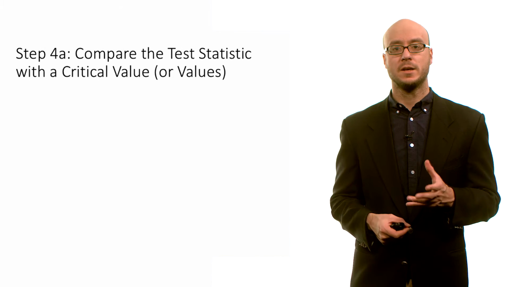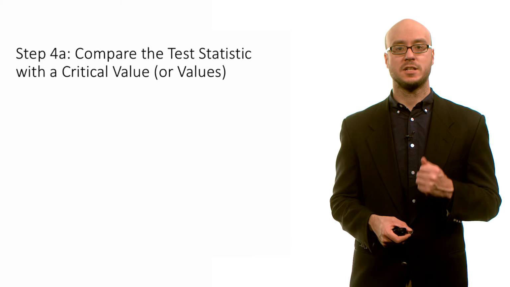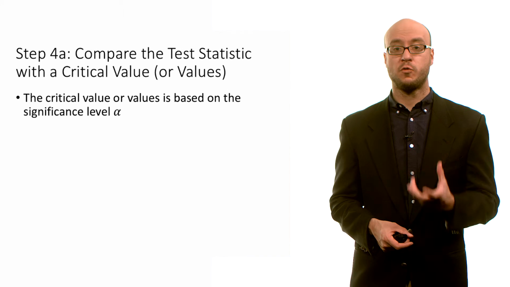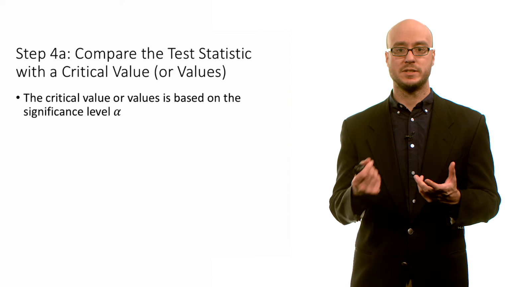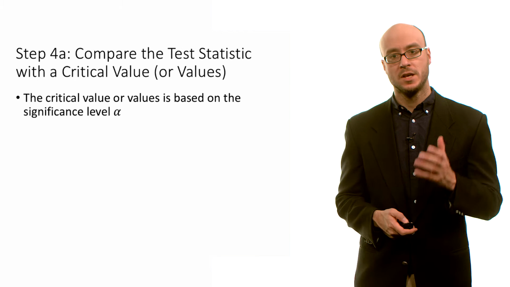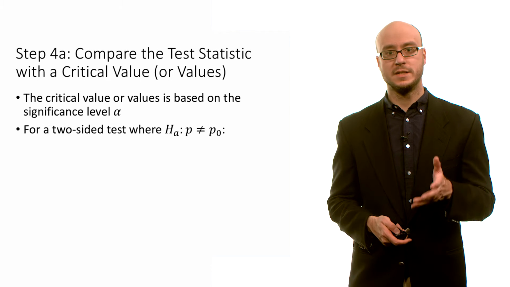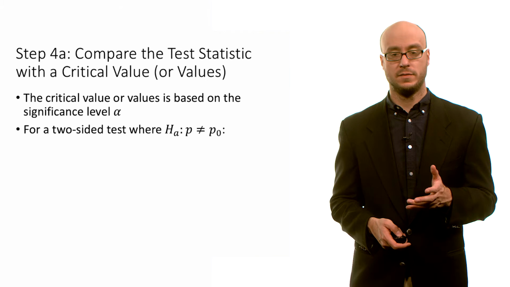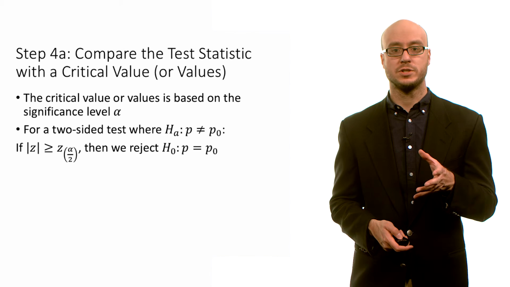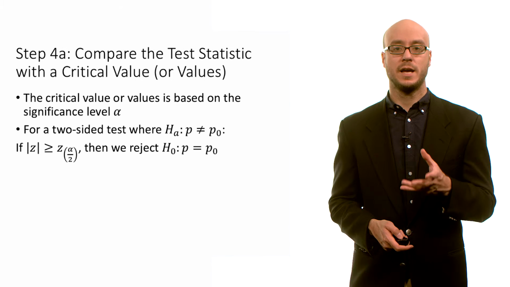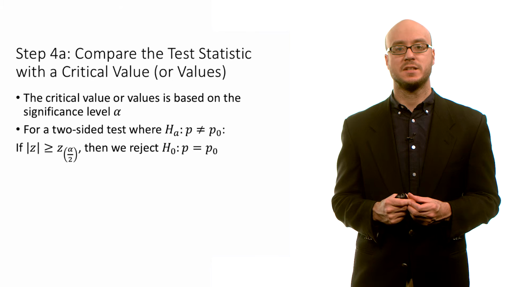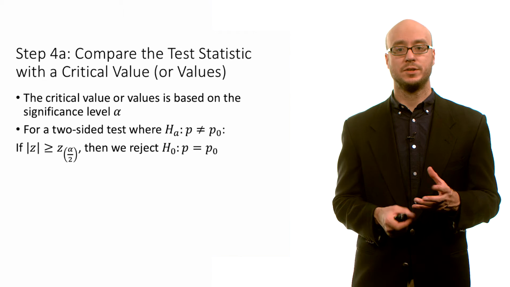For step 4a, we can compare the test statistic with some critical value or values. So this is one way of really formally making a decision based on a sort of extreme test statistic. So the critical value, recall, is based on that significance level of alpha. So for a two-sided test, where the population proportion does not equal the claimed value of the population proportion, if the absolute value of that z-test statistic is greater than z alpha divided by 2, then we're going to